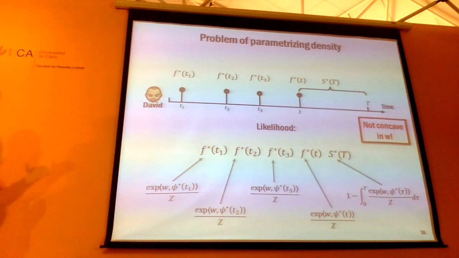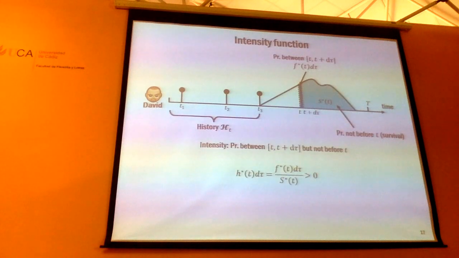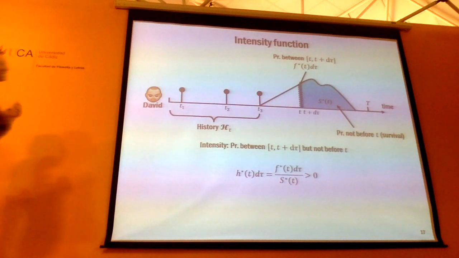Later on, I will show you that there are other benefits of using something called the intensity function rather than density. The intensity function has lots of intuitive meaning when you use it for modeling actual applications. So this is one drawback of using the density function. We need another quantity that is easier, okay? This other quantity is called the intensity function. This is one key slide you should remember, if you don't remember other things.